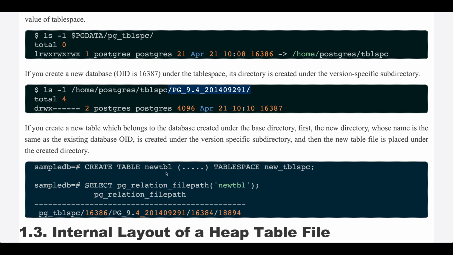CREATE TABLE new_table TABLESPACE new_tablespace; and then SELECT pg_relation_filepath('new_table');